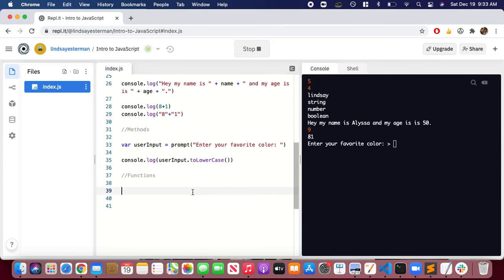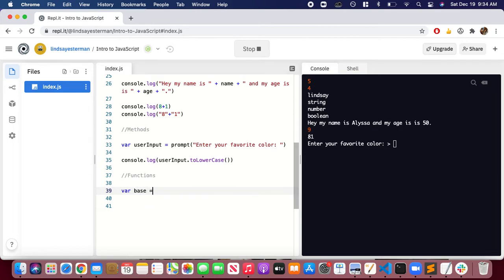All right, so now let's talk about functions. A function can be multiple lines of code that you can store in one name, sort of like a variable, except this is actually performing logical code. So say I wanted to calculate the area of a triangle multiple times in my code. To do that, I have to